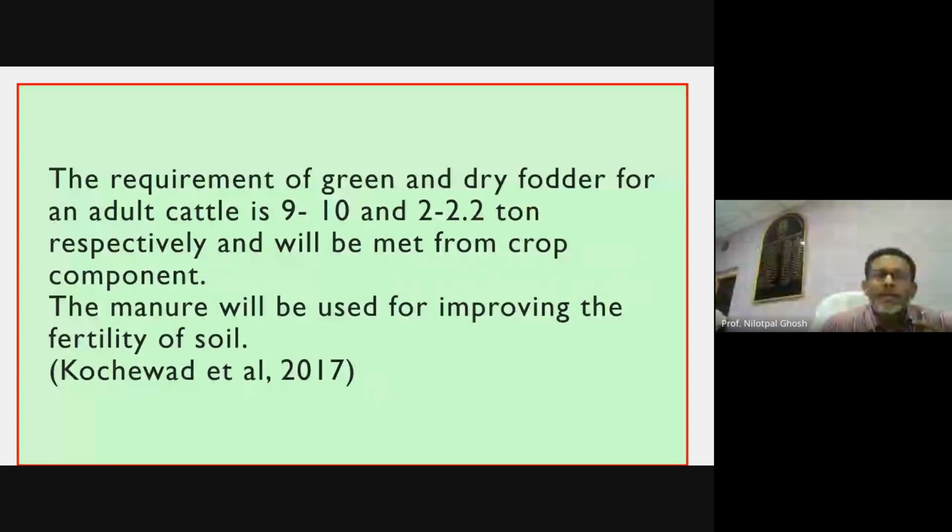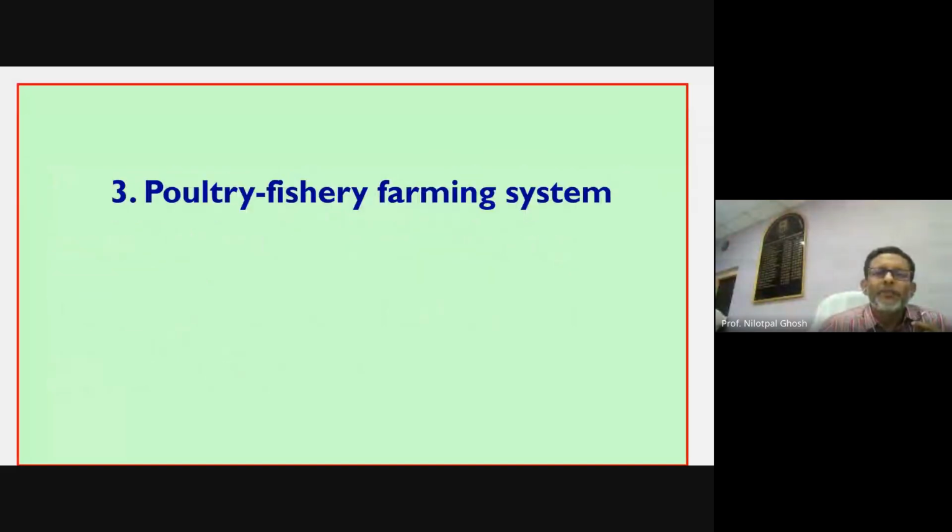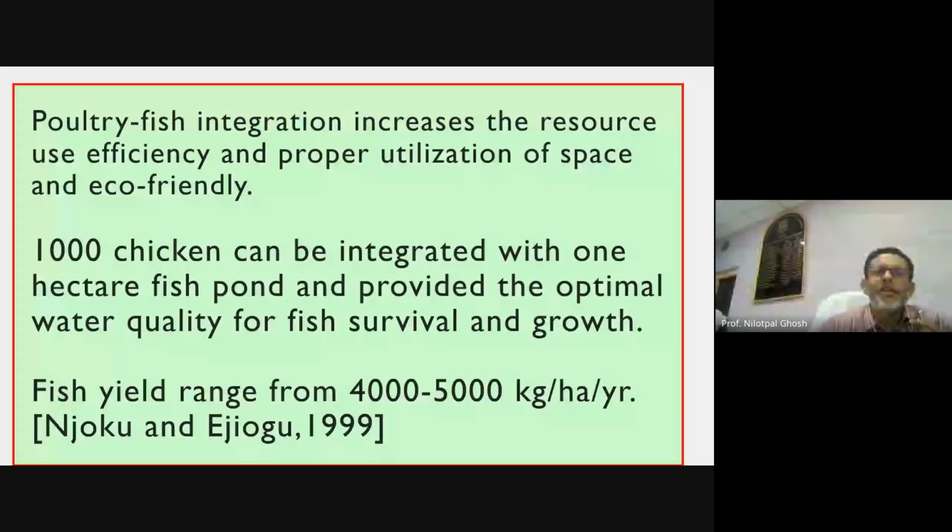Ton and 2 to 2.2 ton respectively, and will be made from the crop component. And manure will be used for improving the fertility of soil. So these are some findings of Kochwad et al. in 2017, recent work. And in case of poultry fishery, poultry fish integration, this is